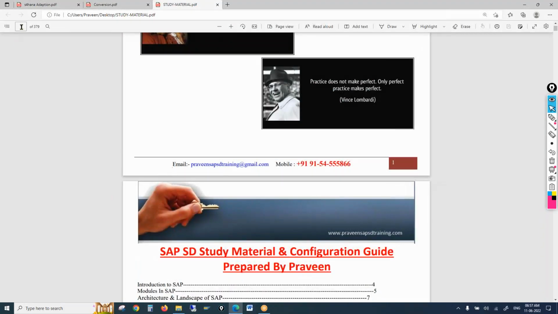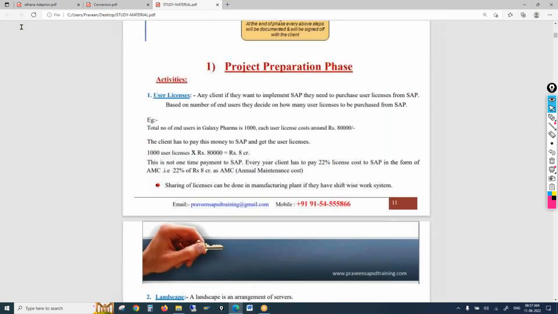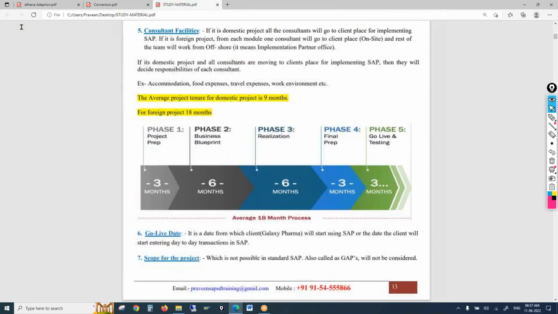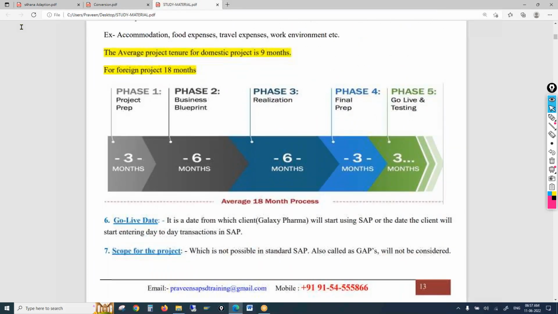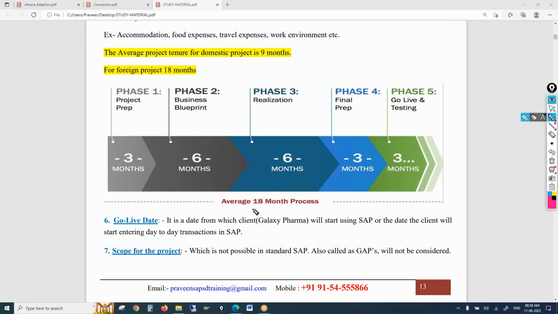9 months. It could be between 9 to 18 months, depending upon the project. Domestic could be 9 months, but an MNC project could be 18 months. You see this 18 months timeline with 5 phases, SAP methodology. Out of this 18 months, where are we spending more time,